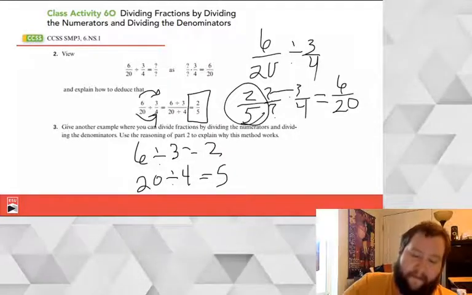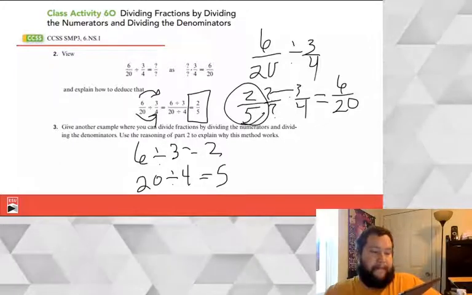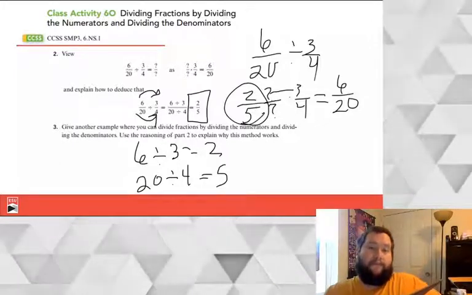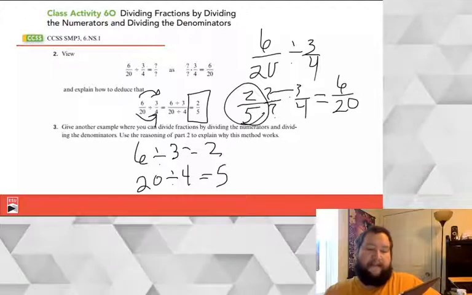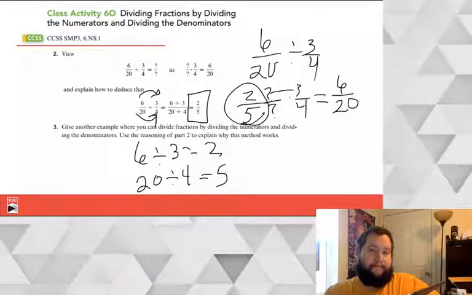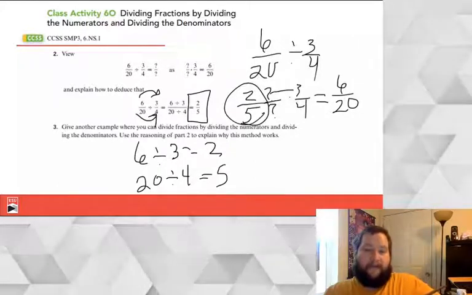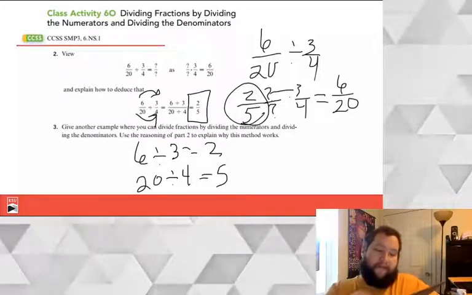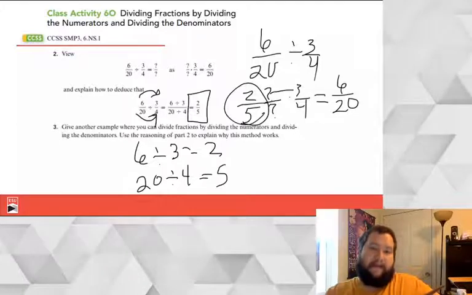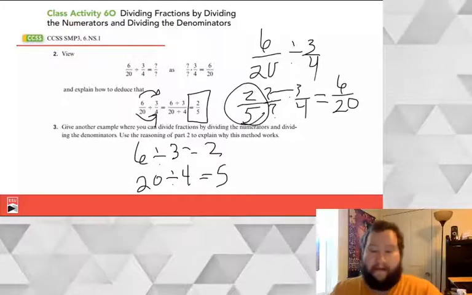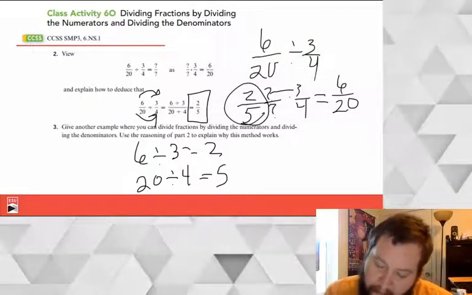So the second part: use the reasoning of part 2 to explain why this method works. Well, we know by multiplication that something times 3/4 is 6/20. And because we're now in the rationals, we don't have to worry about whether or not dividing gives us a whole number. When we move this 2/5 to the other side, when we rewrite it as our equivalent, we end up getting this piecewise division because, and this is a big because, we know that, let me call this unknown